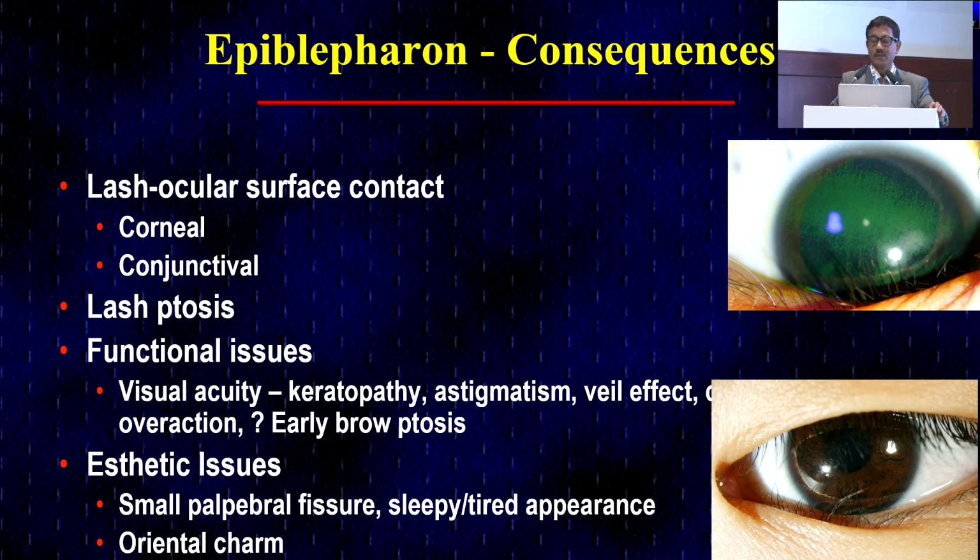So you have to be aware that there's an entity called epiblepharon. It is the most common pediatric oculoplastic surgery that we do, and this is a developmental condition. It's not an abnormality. If you read a Western textbook, they call it an abnormality fold, but this is a developmental, racial, ethnic condition. And unless you stain them with fluorescein, we use 2% minims for our patients, you will miss this kind of keratopathy, and you wonder why these children are constantly blinking all the time, why they tear, they have photophobia. It's because of keratopathy, which oftentimes is diagnosed as chronic allergic conjunctivitis and so on and so